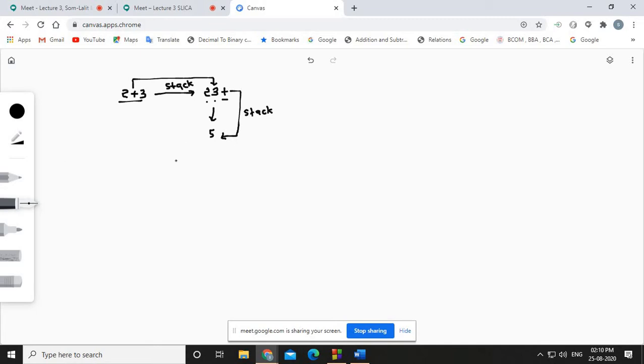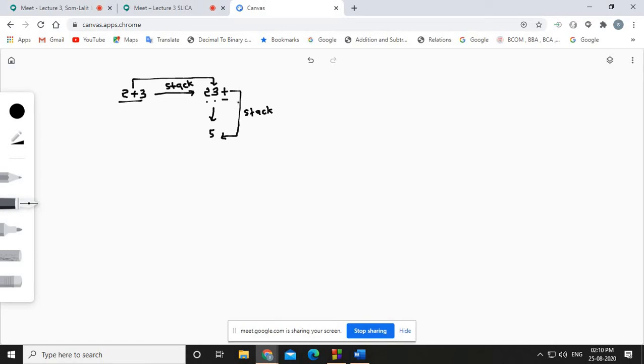Now how can we convert this infix expression into the postfix? There are two methods. The first method uses mathematical rules. We have gone through a number of examples of how to convert an infix expression into the postfix by using a mathematical rule. But by using a mathematical rule, we humans can convert an infix expression into the postfix, yet based on those mathematical rules we cannot make a program.